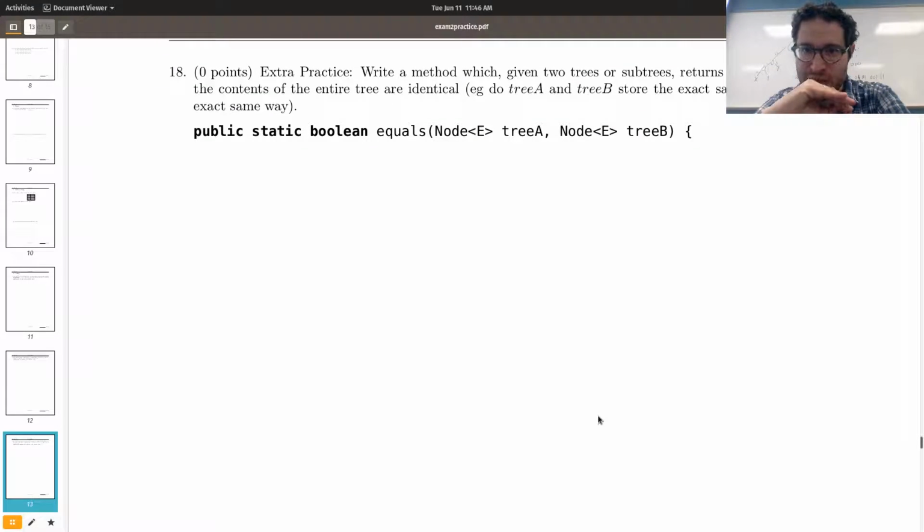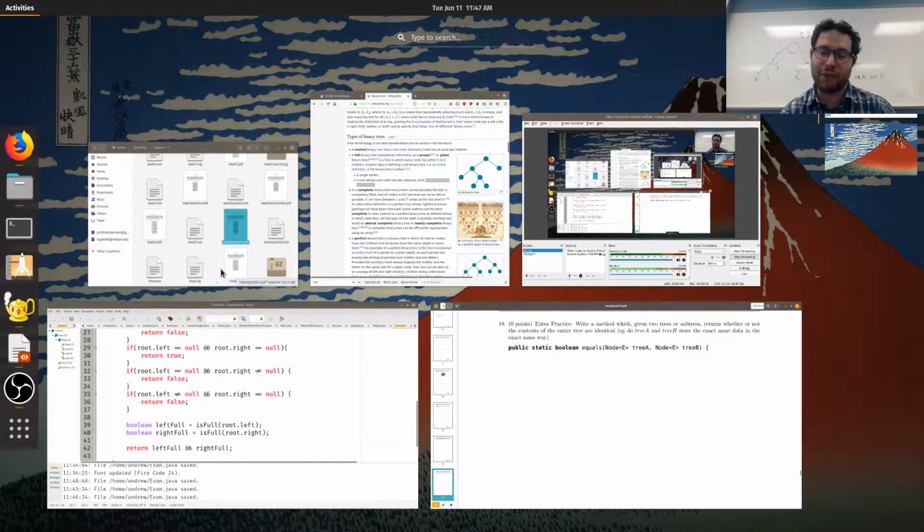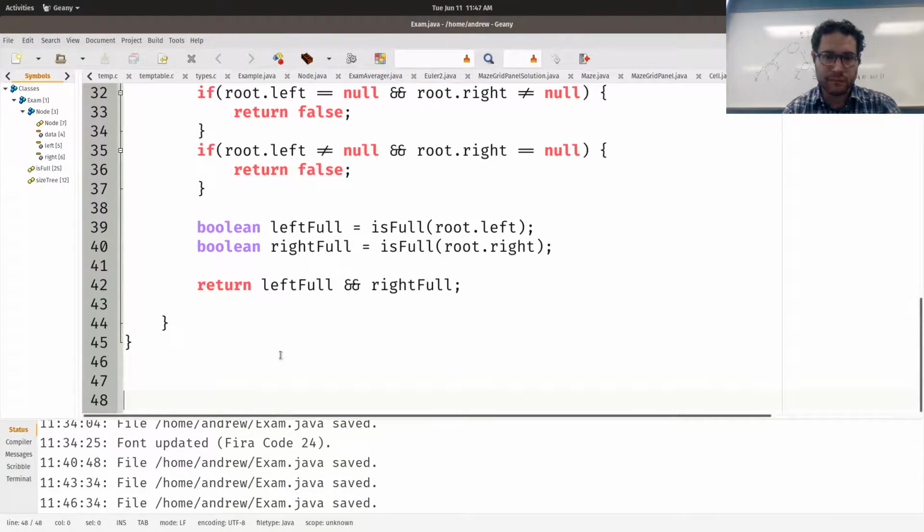Write a method which, given two trees or subtrees, returns whether or not the contents of the entire tree are identical. In other words, do tree A and tree B store the exact same data in the same exact position? Notice this one's 0 points because it's extra practice. So, public static